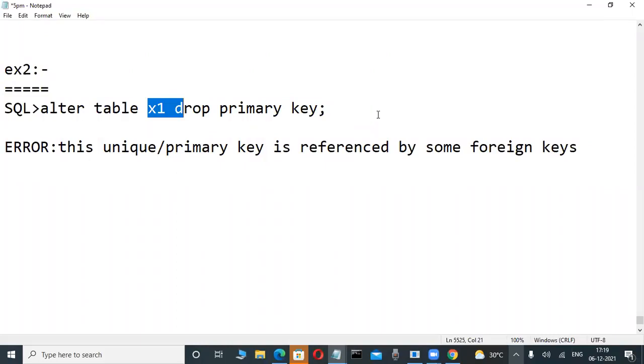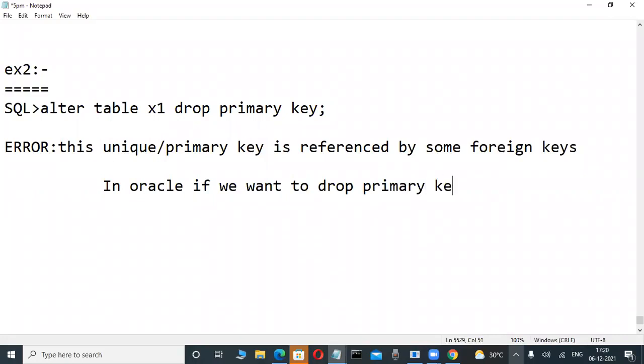Okay, and now write some theory. Every database is the same thing, write it. In Oracle, if you want to drop a primary key along with referenced